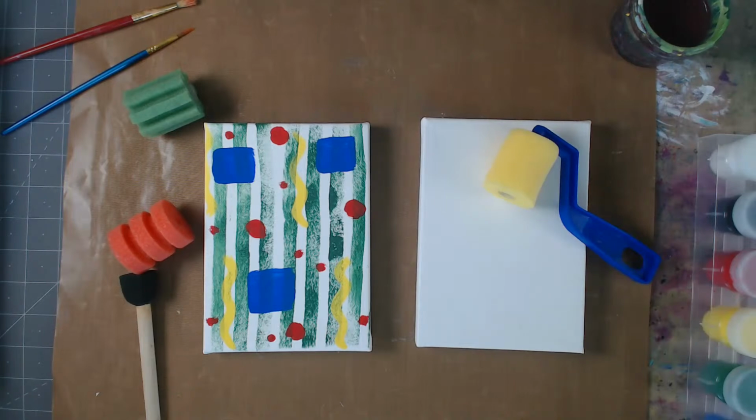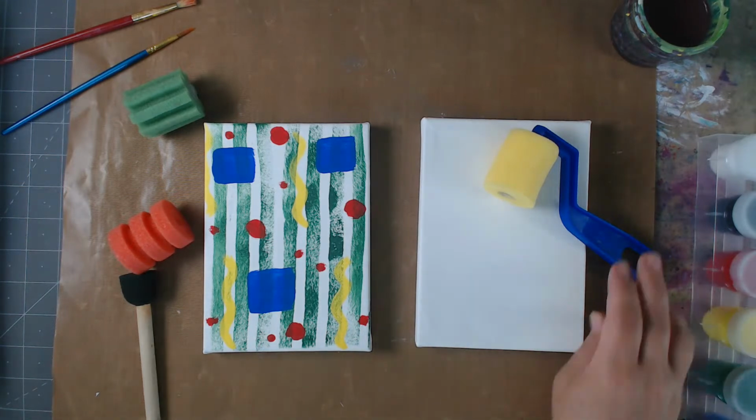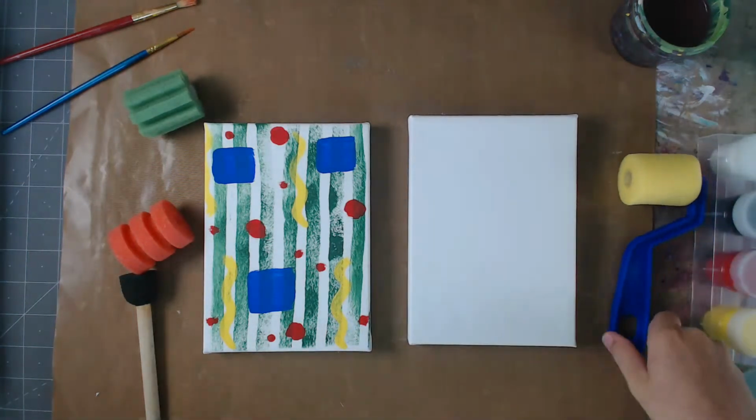I don't really know. This is abstract art. So basically, we've taken a canvas, and this is a little 5x7 canvas, and the supplies that we are using